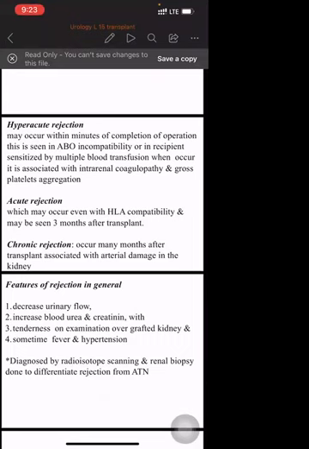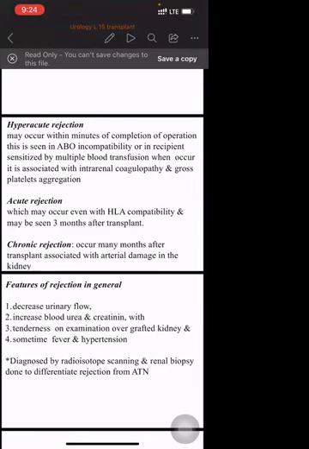It happens in the case of ABO incompatibility or the patient has multiple blood transfusion. Okay, it happens on the bed after the surgeon operates, and the kidney becomes bluish discoloration, no urine output, so it means there is